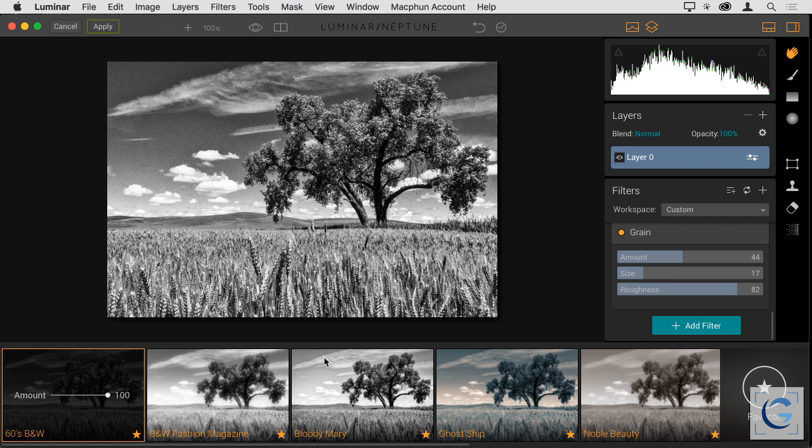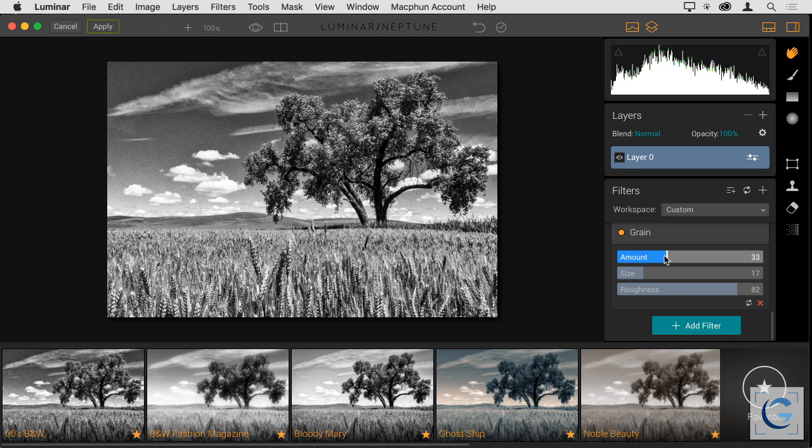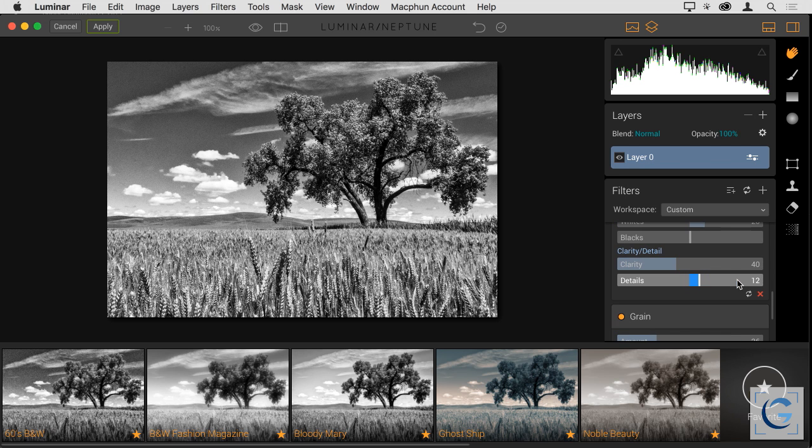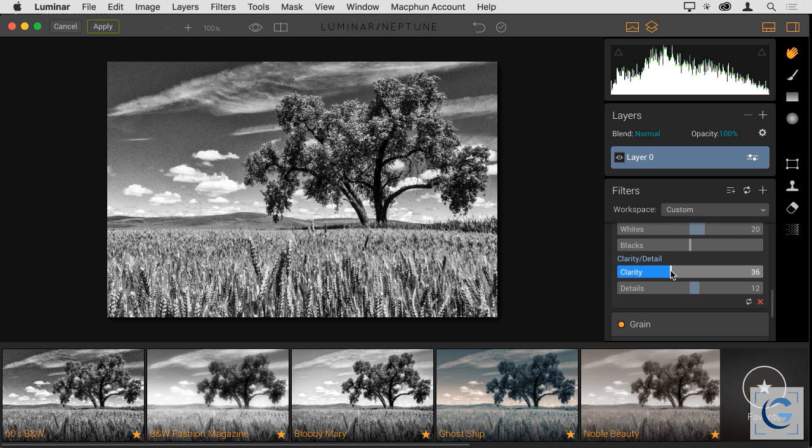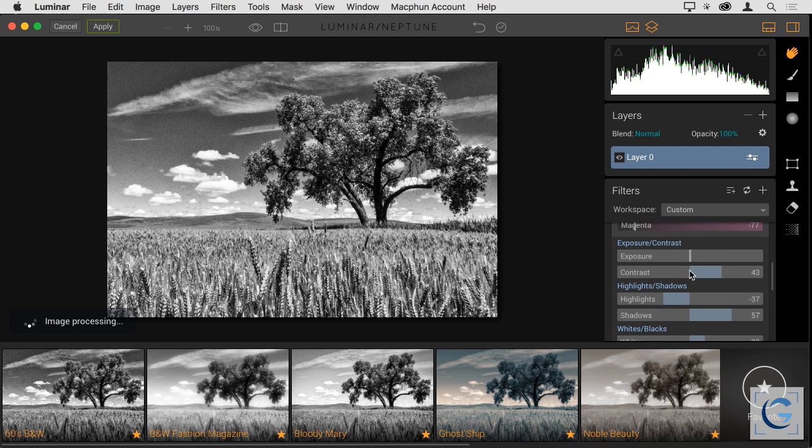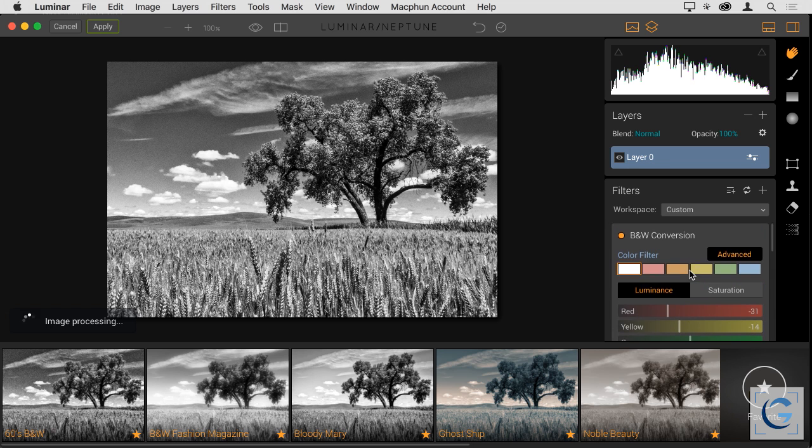And so maybe I use this as the starting point and then I tone down the grain, because let's not forget, when I was doing black and white film photography, I was trying to avoid grain at all costs. And I might tone down that clarity just a little bit. And even more so, I might take a look at some of the other effects that are enhancing overall contrast, etc. But again, the point being is that I still have full control, but I have that added benefit of the potential efficiency of working with the presets, but more importantly, that additional creative inspiration,